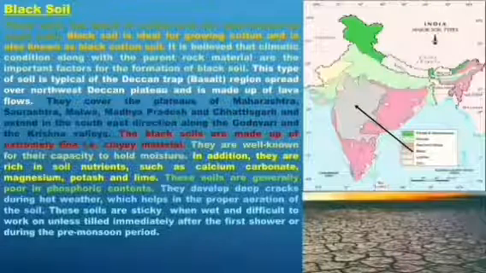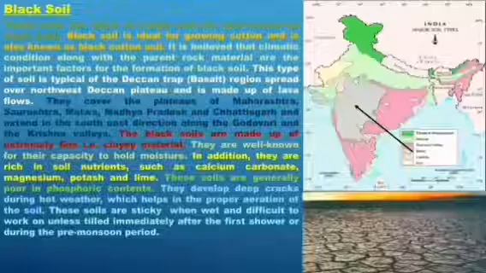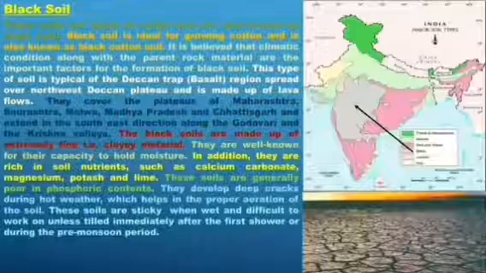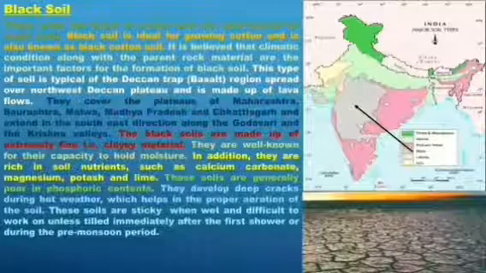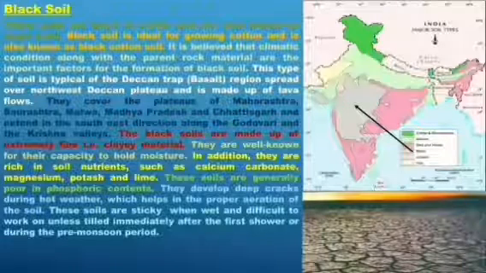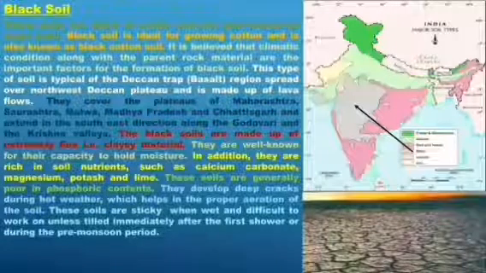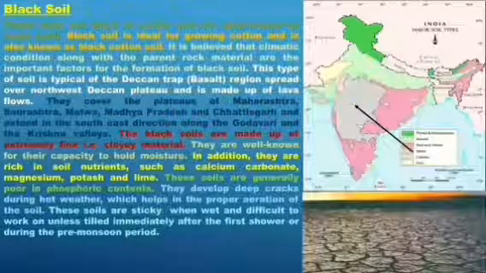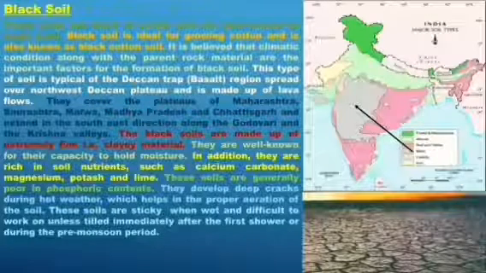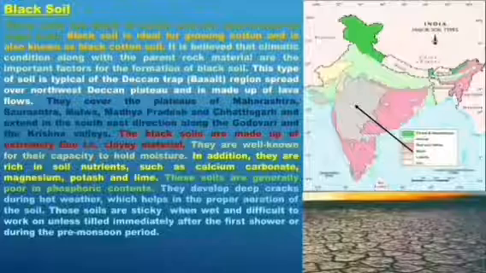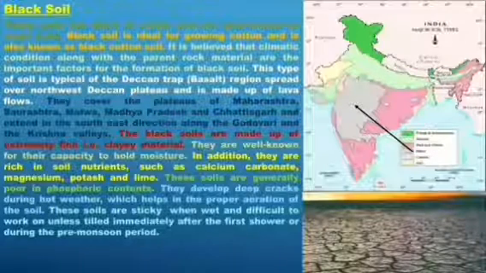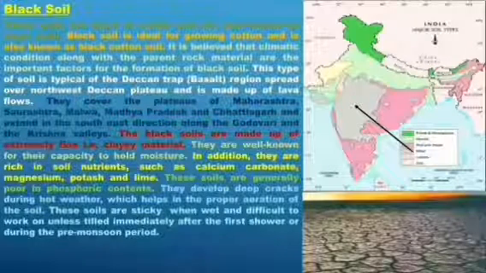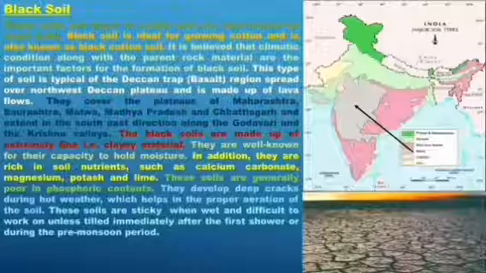Black soils are mostly such soils which contain particularly inorganic substances. They lack organic substances, humus. That is, calcium carbonate is there, magnesium, potash, and lime. Phosphoric acid is lacking there, means it is poor in phosphoric acid. That is why we are not cultivating rice there. Phosphorus is found in alluvial soil.